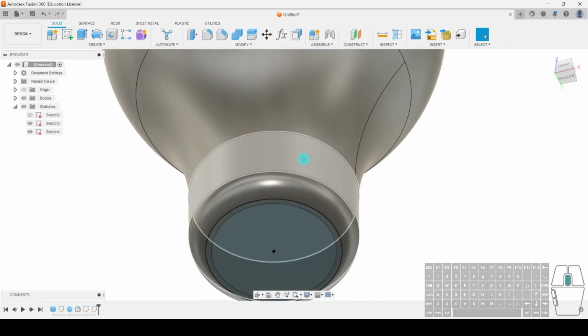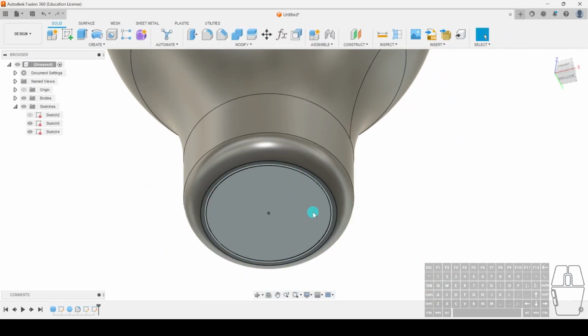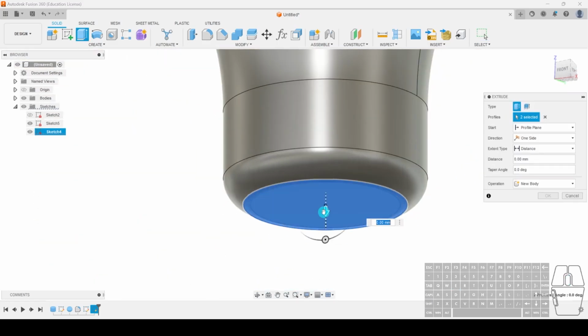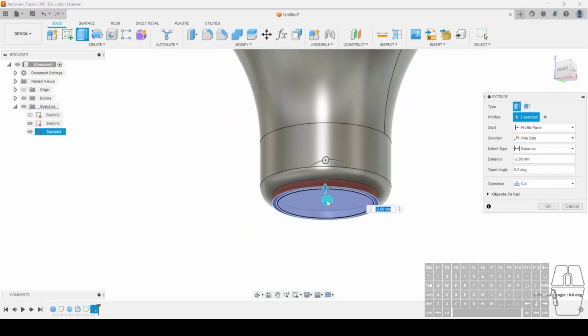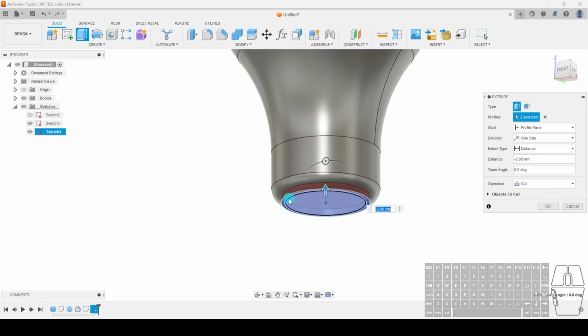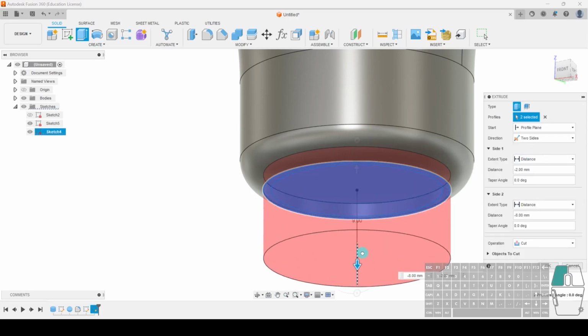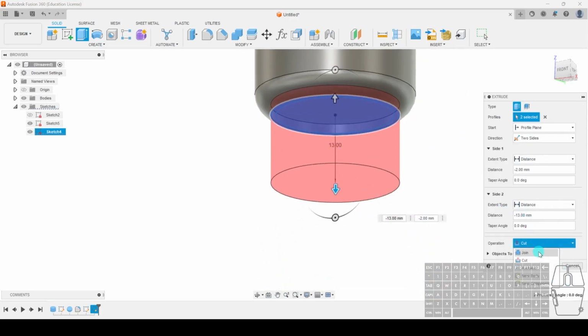In this case, we can't use the face. We need to create a new circle, right? And if this is the case, what we can do is we can select both faces, extrude, and if we go up, you can see now that it's actually going into the fillet. We can select two sides, select the other arrow, and now if we select this to join,